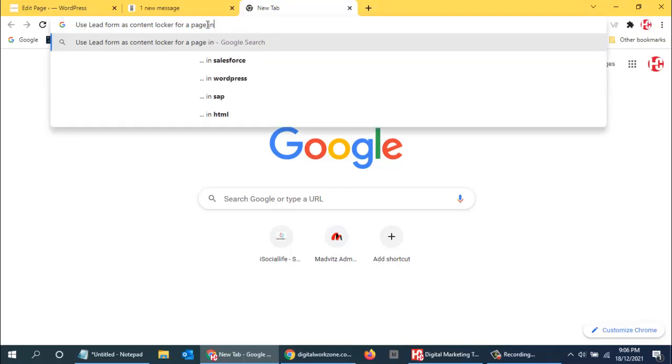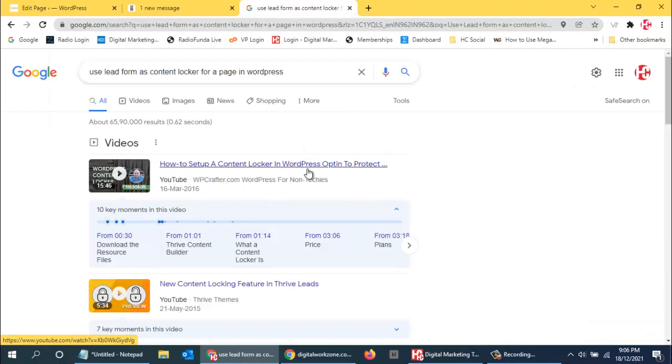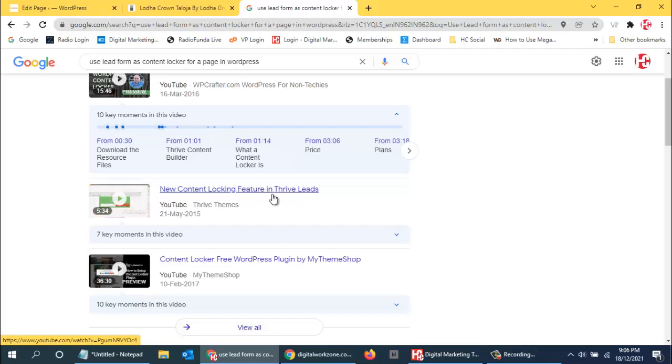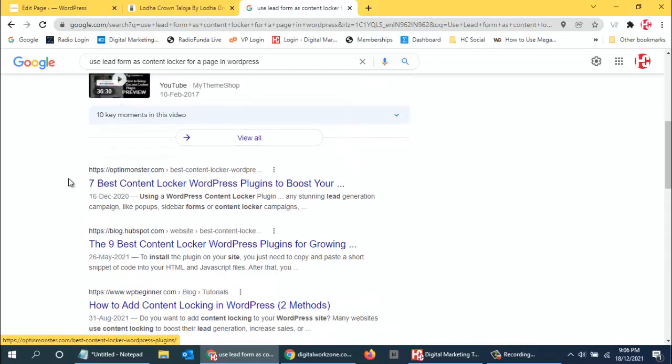So you will see various videos on how to set up a content locker in WordPress, how to protect content, a new content locking feature in Thrive Leads, a free content locker WordPress plugin by My Theme Shop, and seven best content locker plugins to boost your leads. So this is called a content locker.